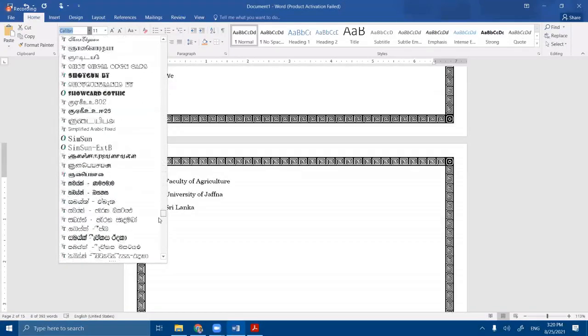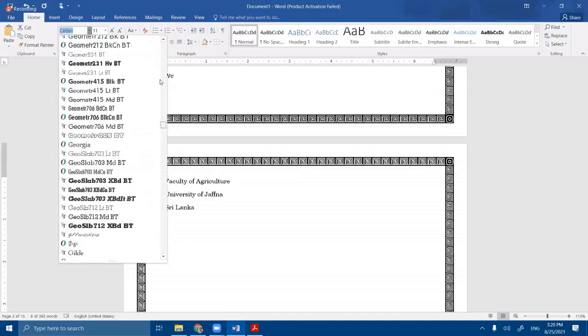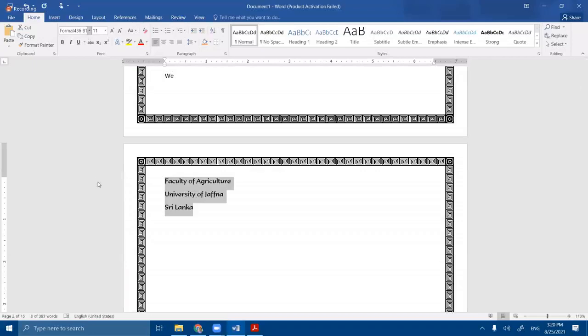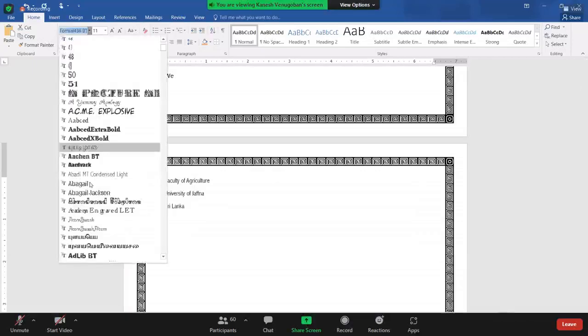By default, around 200 to 300 fonts are available. Times New Roman and Arial are the default font styles. All Windows systems have these font styles. But so many font styles are there. This is one of the styles, and there are different font styles here, English and